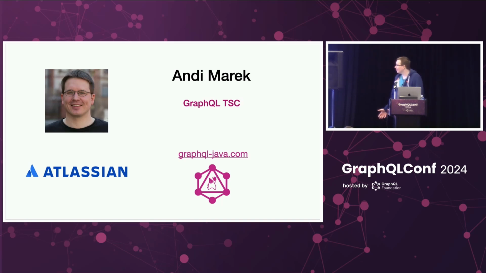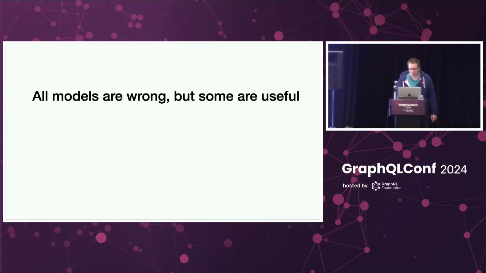My name is Andy. I'm a member of the GraphQL Technical Steering Committee. I'm also the founder and one of the current maintainers of GraphQL Java. And my day-to-day job is at Atlassian. I gave quite a few talks over the years, but never really focused on what we do at Atlassian. So I'm very happy to talk today about our 6 years journey running a distributed GraphQL engine, a distributed GraphQL gateway in production, a little bit what we learned, how we came to do it.